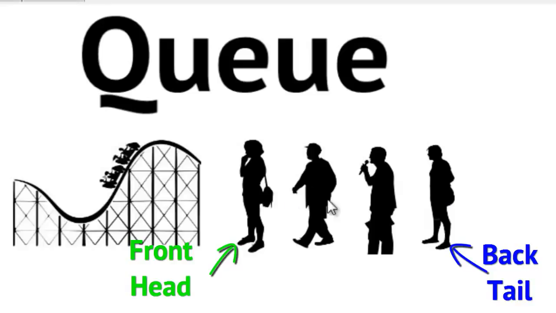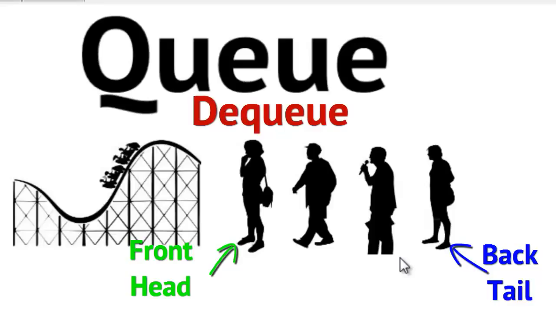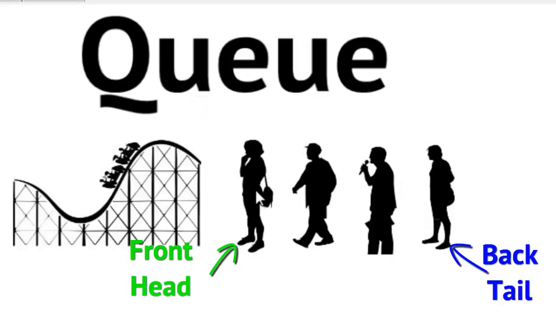So now that we have these 4 people in our queue, so we have a queue of size 4, let's look at doing the operation of removing someone from a queue, and that's what we call dequeuing. And dequeuing only occurs at the front or the head of the queue. So again, this is a first in, first out data structure. So the first person that was in line here will be the first person that's dequeued. And we can imagine them being dequeued from this line and being able to get on the ride.